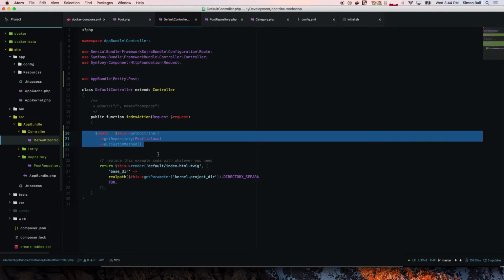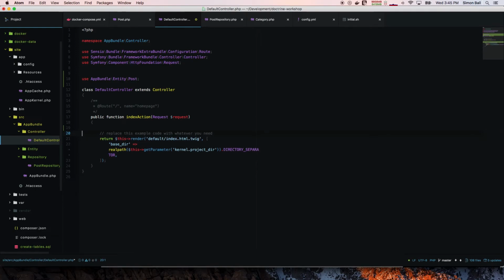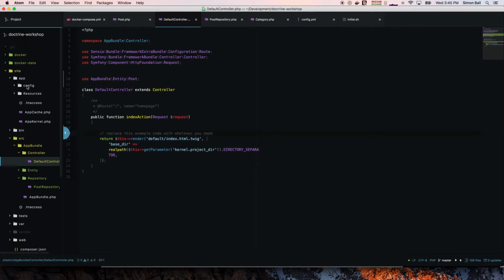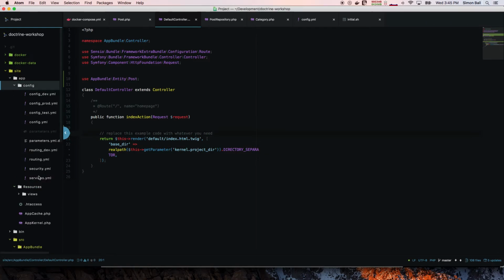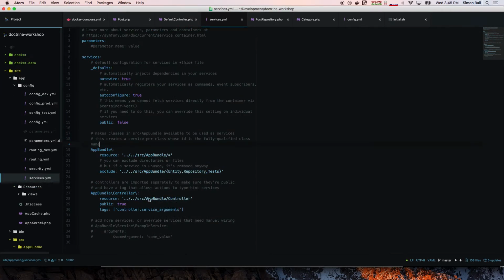However, this way of getting repositories is not going to lend itself to our arcade service. It means we're either going to have to inject Doctrine as a dependency into it, or do some magic. But what I propose is we create that as a service itself. So this is just the standard Symfony stuff, and I'm going to copy paste something out and then explain it briefly